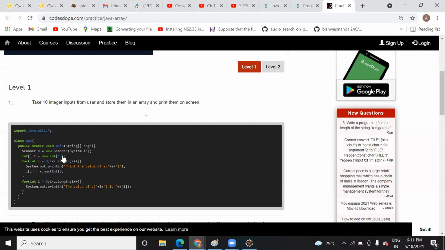Once you read the 10 elements, how are you going to print them? You need to run the for loop. And how many times will this for loop run? Based on the length of z, right? Till now it is clear to you? Yes, sir. Okay. So here, i is equal to 0, i is less than z.length. In order to find out the number of elements present in this z, we can write z.length, right? So here this will run 10 times starting from 0,